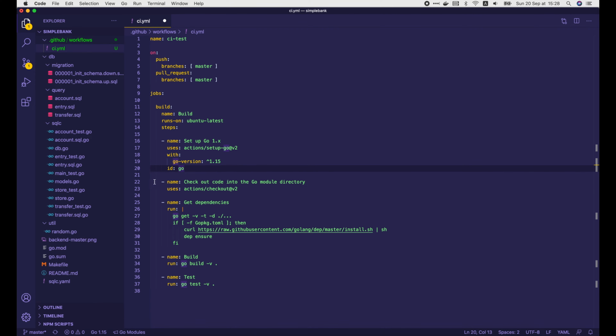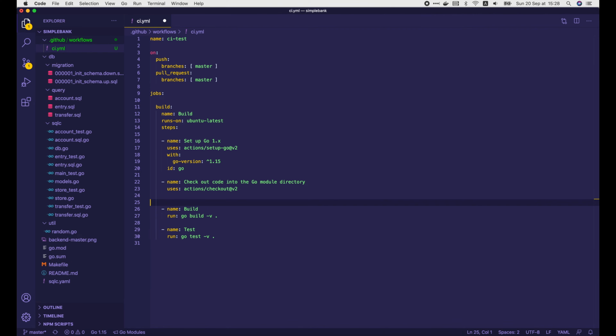The second step is to check out the code of this repository into the runner. To do that, we also reuse an existing action, checkout version 2. The next step is to get all the dependencies or external packages that our project is using. In fact, we don't need this step because Go mod will automatically download missing libraries when we build the application or run the test. This build step is also not necessary because the application will be built automatically when we